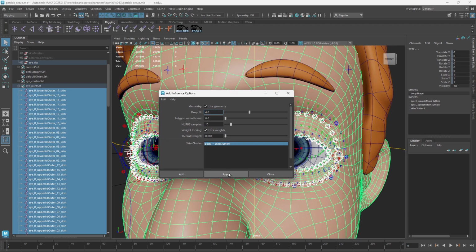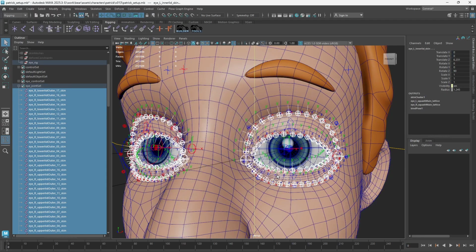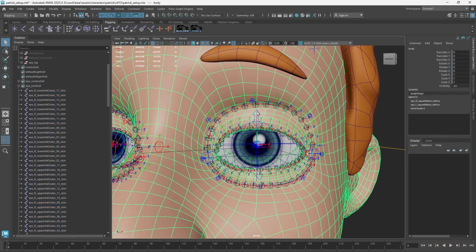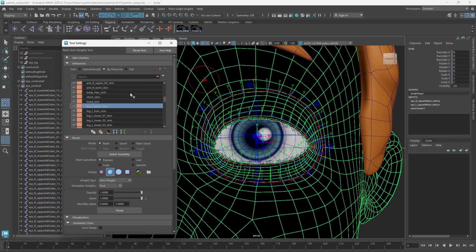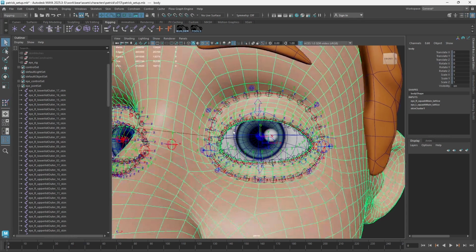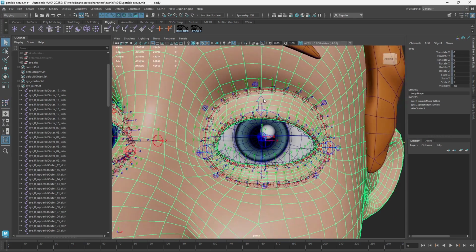Let's lock the weights, so no weight adjustments will be done once joints are applied. And here is our joint set applied to the skin cluster. And now,